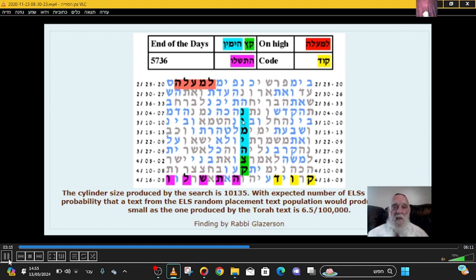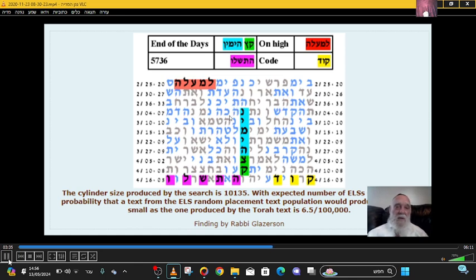So there is the year 5736, by the way. It is amazing. You don't need statistics, because to have the minimum in the Torah, the best meeting with the end of days, the code, is unbelievably significant.